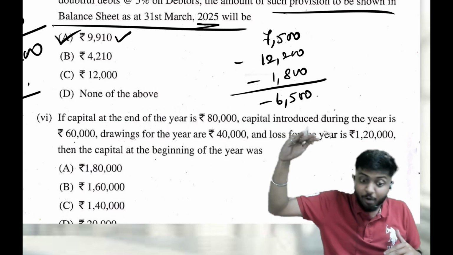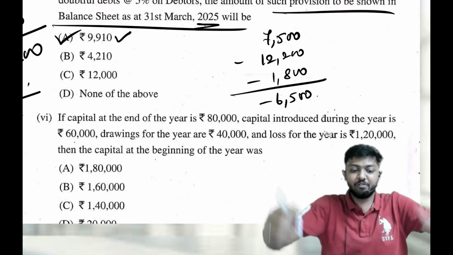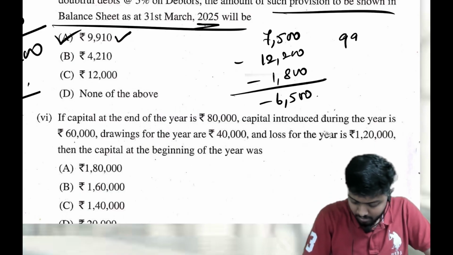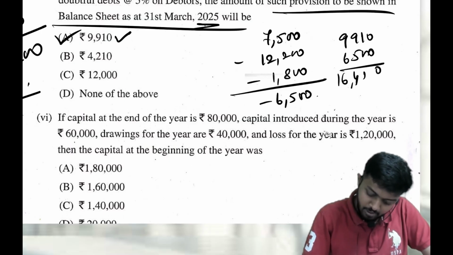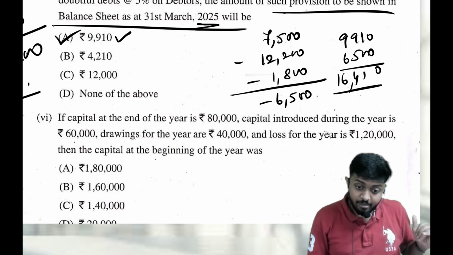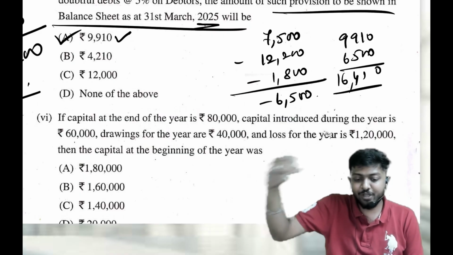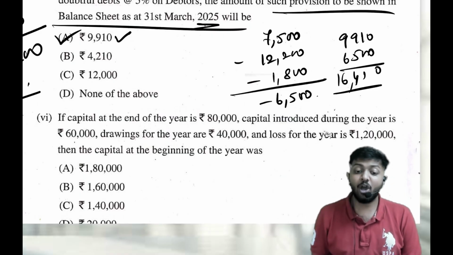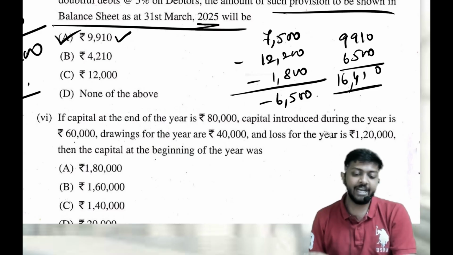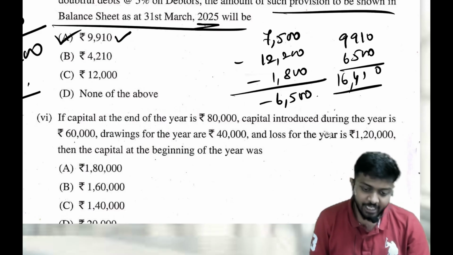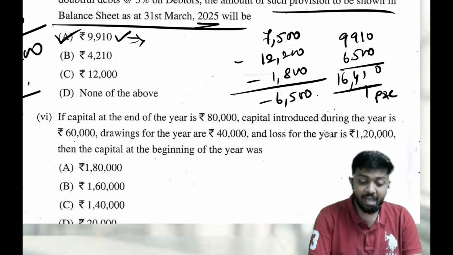That means you have to increase your provision by how much? 6,500 plus 9,910, so you have to increase your provision by 16,410. Then only the closing provision balance will come to 9,910. So how much will go to P&L? 16,410. What is the entry to increase provision? P&L account debit to PDD account. This is the amount that goes to P&L, and this is what you have to maintain as PDD at